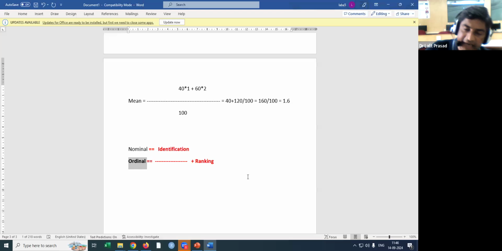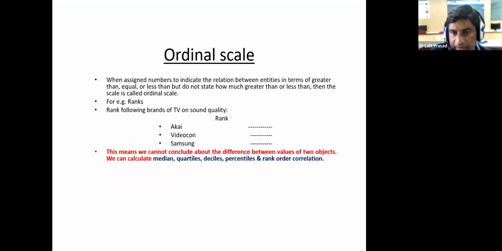Then if it is a ranking scale, what are the permissible statistics you can find out? So you can see here, the mean we cannot calculate, because we cannot conclude about the difference between the values of two objects. But we can calculate the median, the quartiles, the deciles, and the percentiles. So there is a data set, you can find out the middle point, and you can divide the data into